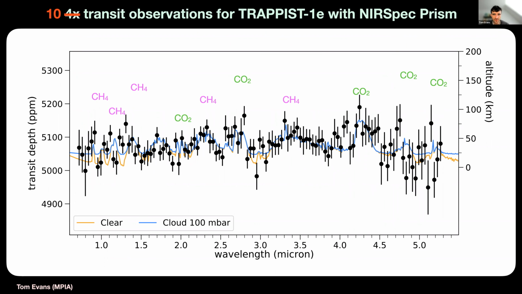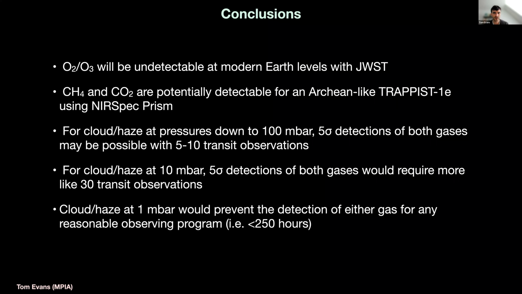But I feel that a 10 transit program is probably the minimum we'd really need to start seeing spectral features at reasonable confidence if there's cloud at 100 millibar, which is where models do predict water cloud to reach up to for planets like TRAPPIST-1e. So fortunately, of course, it looks like JWST's mission lifetime is going to be significantly longer than the nominal 5 years. So let's hope that we'll be able to get more than the 4 transits for TRAPPIST-1e that are planned in cycle 1 in subsequent cycles. Okay, so with that, I'll conclude.